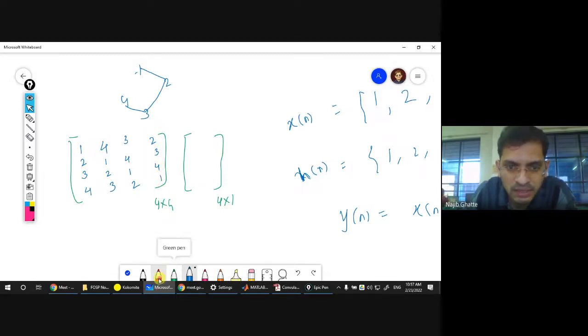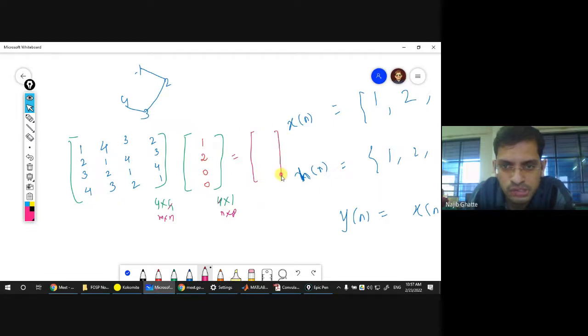Then you have to write, what, sir? The next number is 1 2 0 0. Is matrix multiplication possible? Yes. Why? Because it is m cross n and n cross p; the column of this and the row of this match, so I can have the final answer in the form of m cross p, that is 4 cross 1. Tell me the final answer, sir. How to perform matrix multiplication? Sir, I don't know, I never studied maths. Okay sir, don't worry, I am there to teach you mathematics.